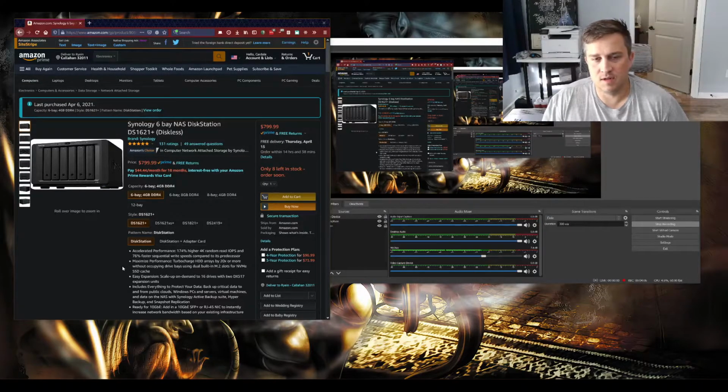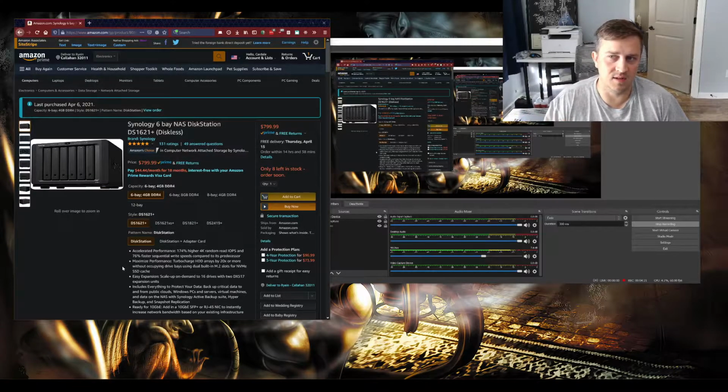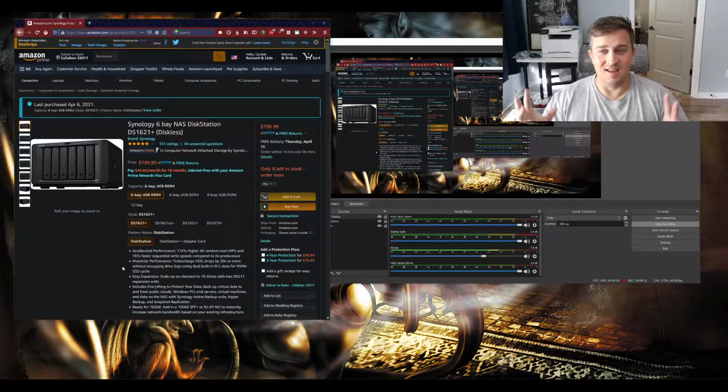But I think Synology has a lot of options, and if you're already in the Synology world, then all these things seem just easy. You're like, oh yeah, just go download this and enable this, but it's not very intuitive for a new person. So what I would do if I was the CEO of the company is basically make